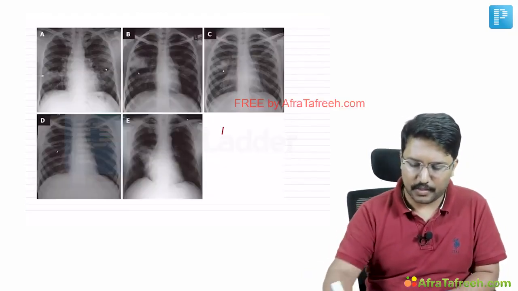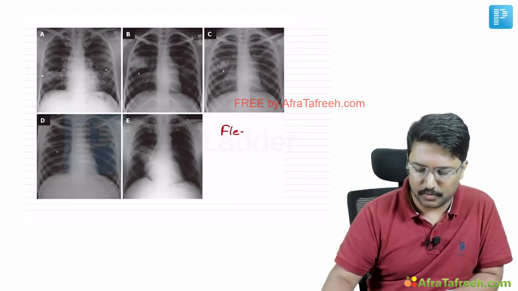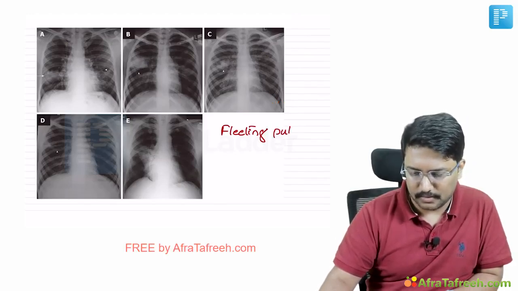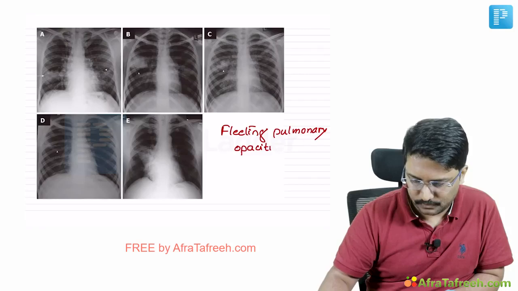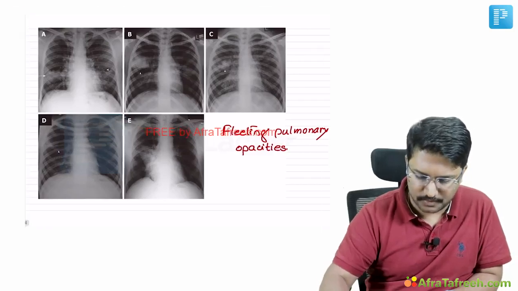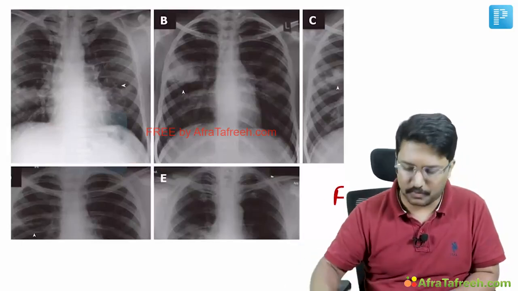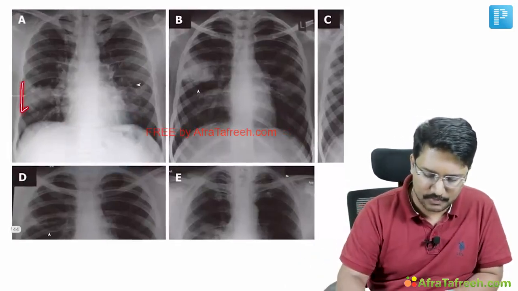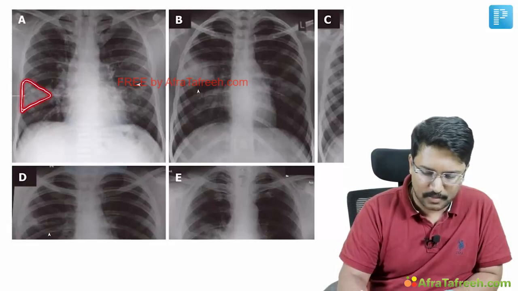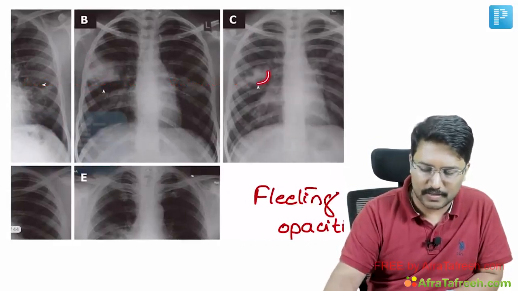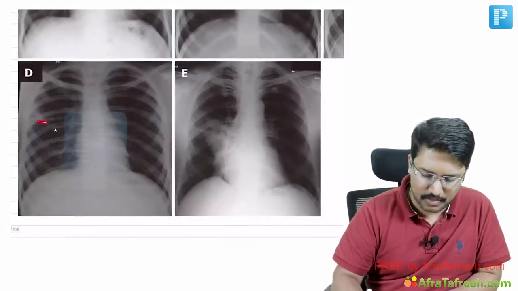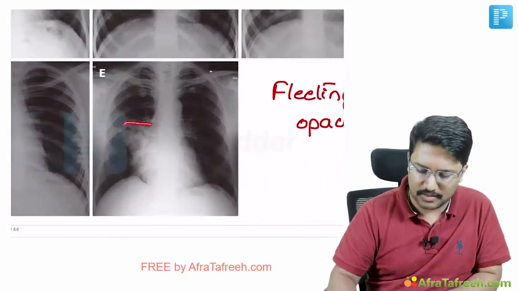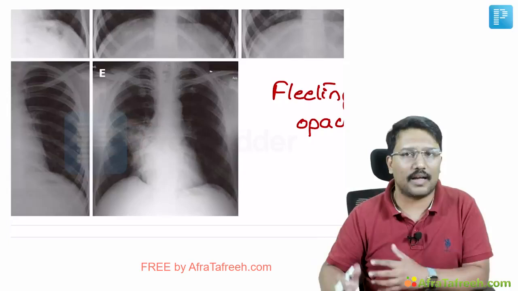Okay, now in this image what you can see is what we described earlier as fleeting pulmonary opacities. Okay, so you can see from image 1, these images are taken during the follow-up of the patient over several weeks. So in image 1, you can see an opacity here, a wedge-shaped opacity. Now this opacity is slightly shifted upwards during the second follow-up visit. During the third follow-up visit, the opacity has shrunken and it has become rarefied. During the fourth follow-up visit, it has almost disappeared, only a scanty amount, but during the fifth follow-up visit, you can still see another opacity appearing slightly towards the hilum from the periphery, right?